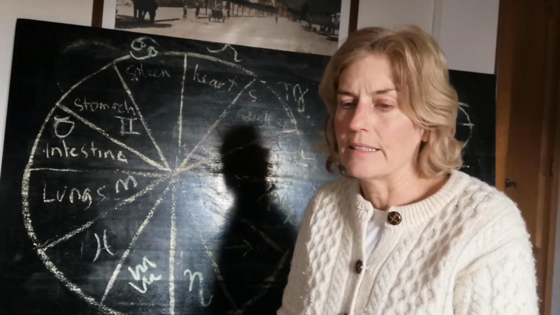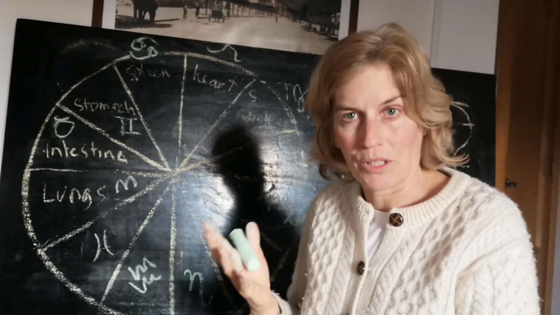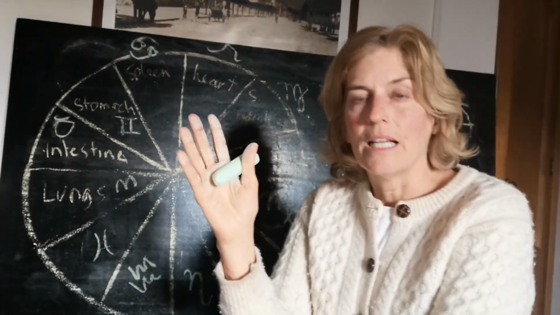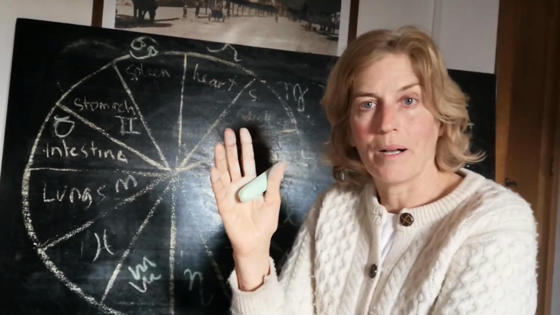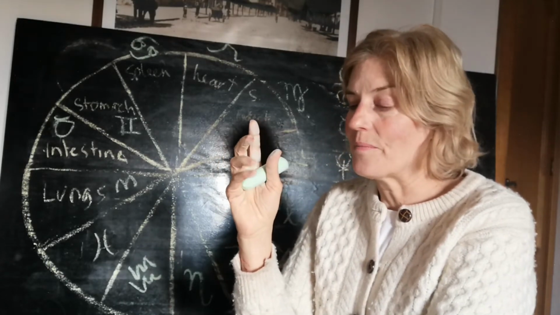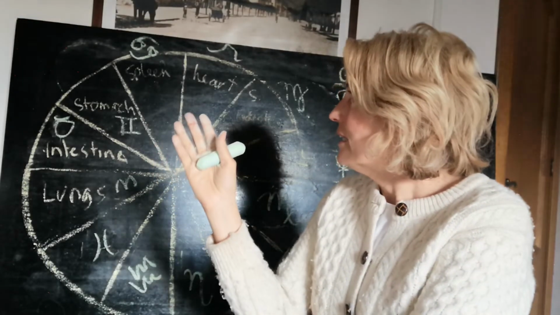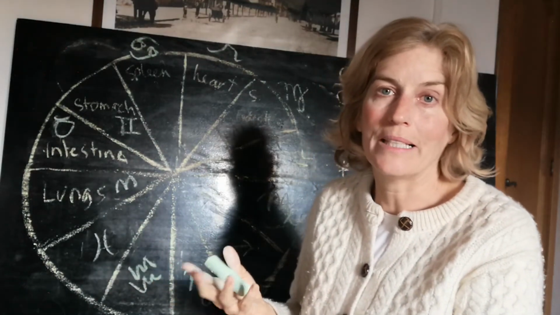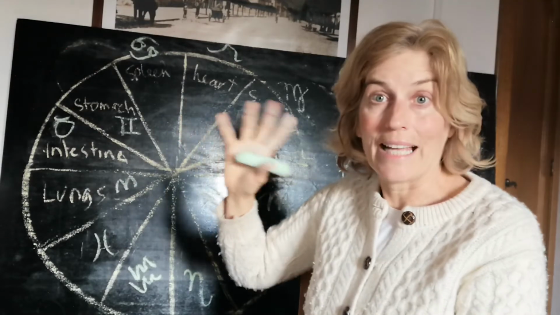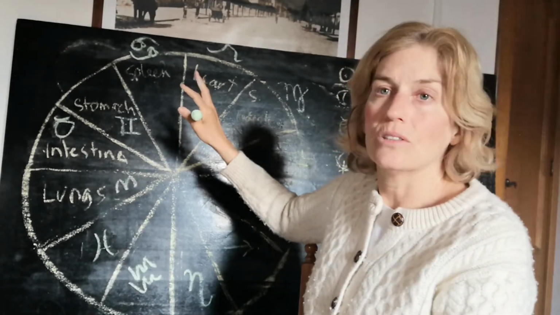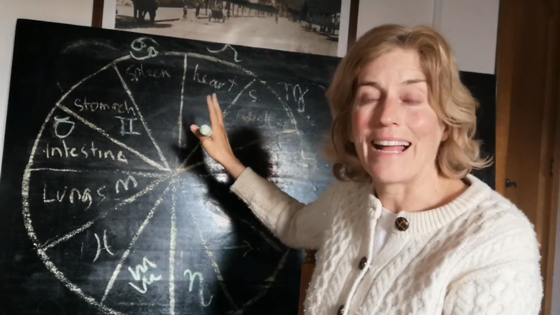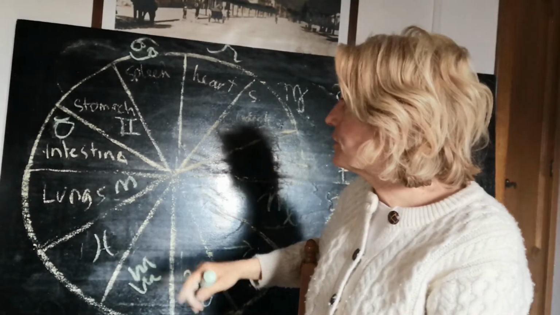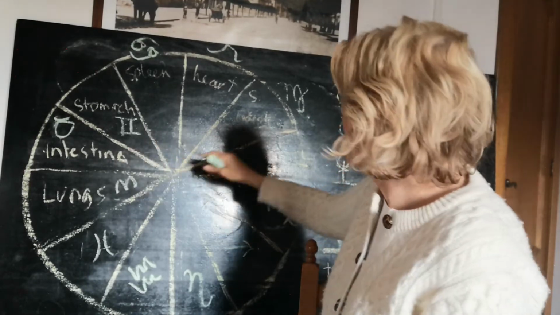And the healing portion of this is that the zodiac, once you understand this pattern, can actually help you heal your body. Because, for example, why don't we see these zodiac symbols in the sky? Well, because these zodiac glyphs aren't in the sky, they're actually in the human body. So, for example, if we talk about the stomach,